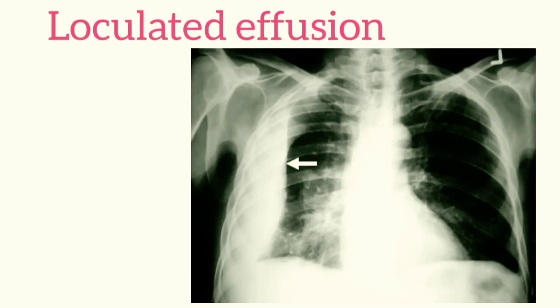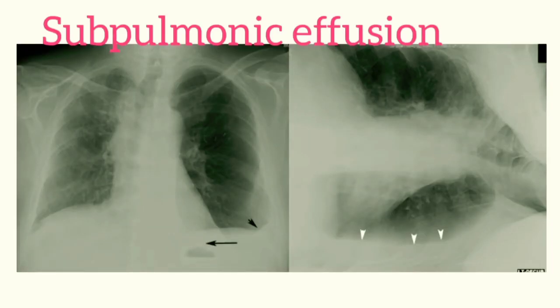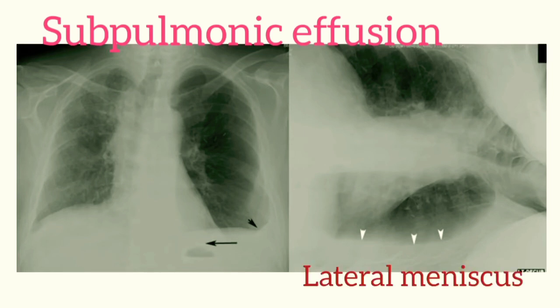Now what does loculated effusion mean? As you can see in the image, loculated effusion is not in a gravity dependent location. It is just located somewhere else in the pleural cavity. Then the subpulmonic effusion. What does subpulmonic effusion mean? It is the fluid filled between the lungs and the diaphragm. As you can see in this image, the distance between the diaphragm and the stomach bubble is increased and the costophrenic angle is also blunt. In this case, the lateral decubitus position is generally used to detect this type, as the fluid will slide during this position and we can easily detect this case.